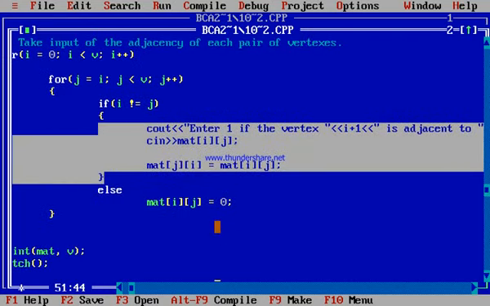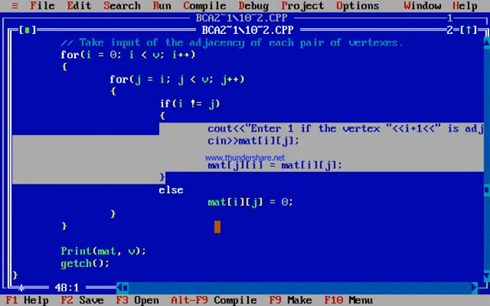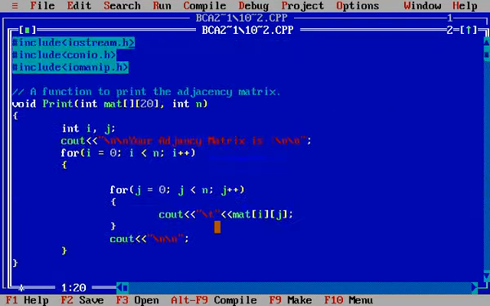So after entering the input, here we call the function print, in which the matrix and the number of nodes are given as parameters to the function. In the print function, your adjacency matrix is printed according to the input given by the user.